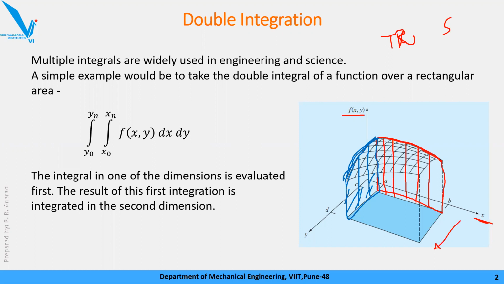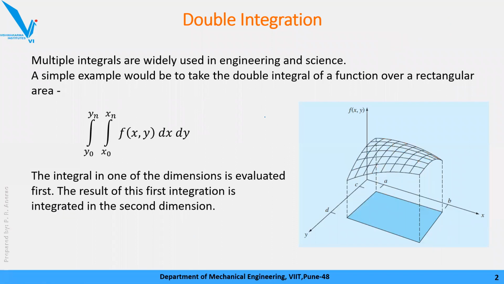Then instead of calculating the area like this, we'll keep a strip like this. Next, in this way, for the first division of y, we will calculate the area under the curve. Then for the second strip, with the function of x, we will calculate the area under this curve, and so on.